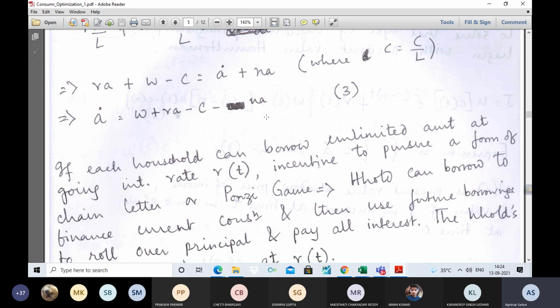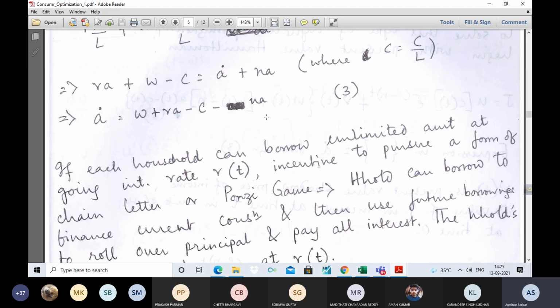A household can borrow to finance current consumption and then use future borrowings to roll over the principal and pay all the interest, right? In this case, the household's debt would keep on growing forever at the rate of interest r_t, and effectively no principal would ever get repaid, and today's added consumption is effectively free, right? So a household that can borrow in this manner would be able to finance an arbitrarily high level of consumption in perpetuity. So we have to rule out these kinds of chain letter possibilities, and